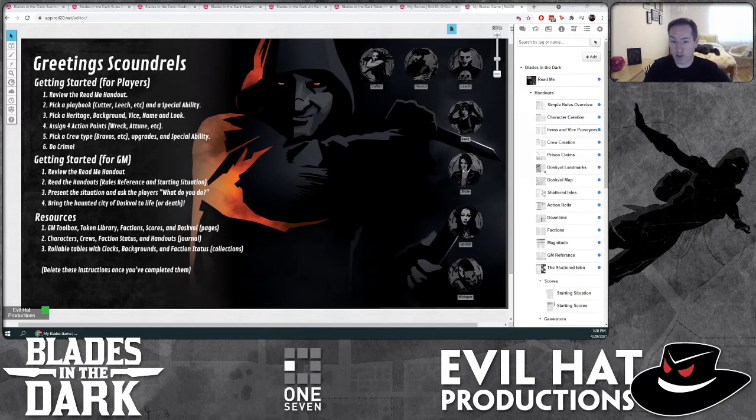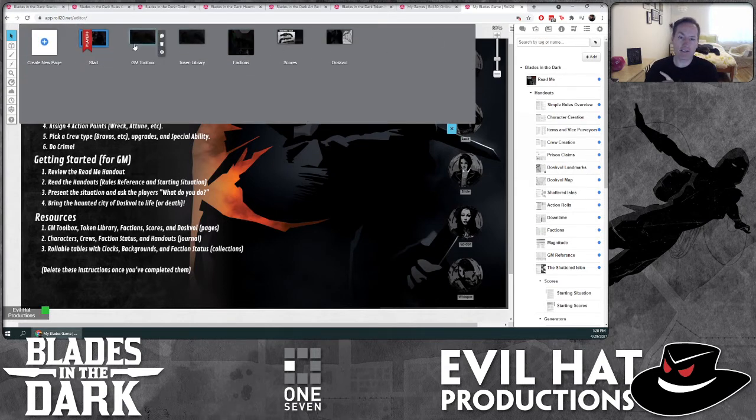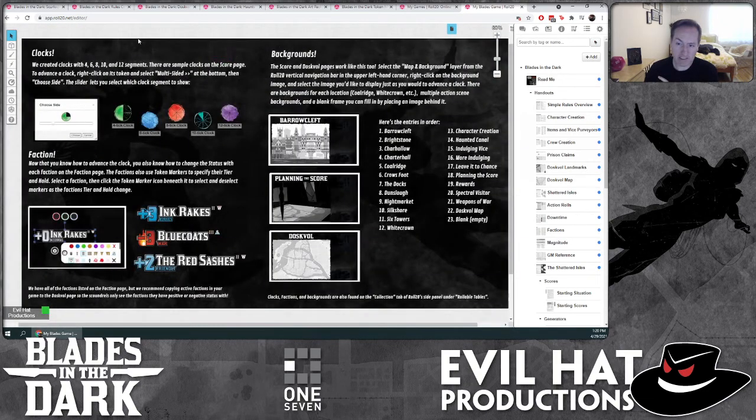This section's on token markers. We just use them a little bit in the game, but they do very important things. So I want to go over how to do that. Once again, this is in the GM's toolbox, that second page. It talks to you a little bit about how to do it, but I think it's always just best to